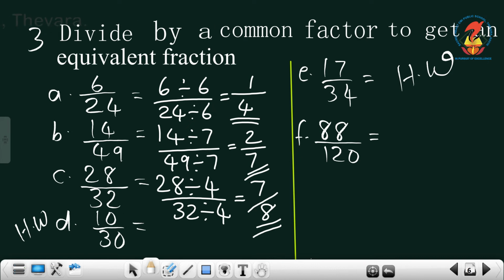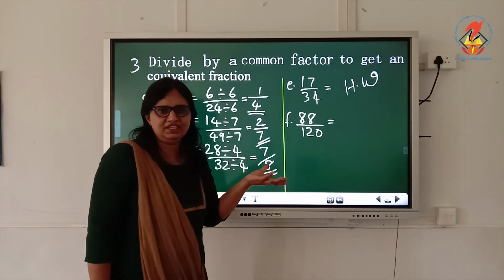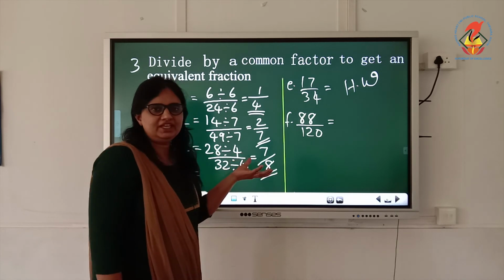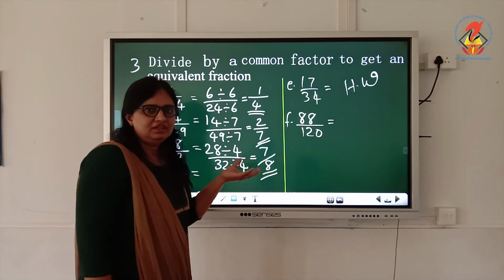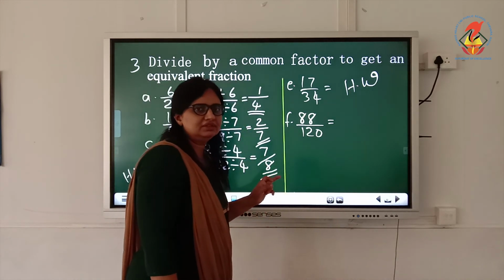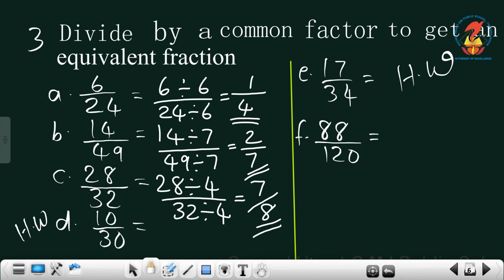That is the bigger one, right? Did you see any common factor there? Which one is the common factor here? You tell me, children. Did you see any common factor? 4 is one common factor, right? We can divide both. 4 2s are 8, then 4 3s are 12.